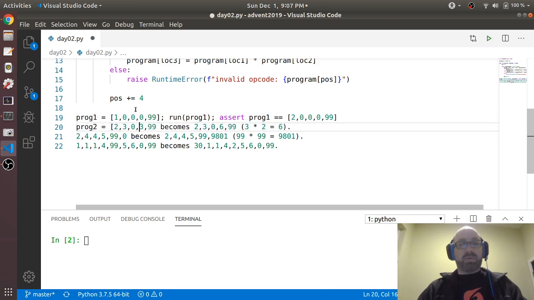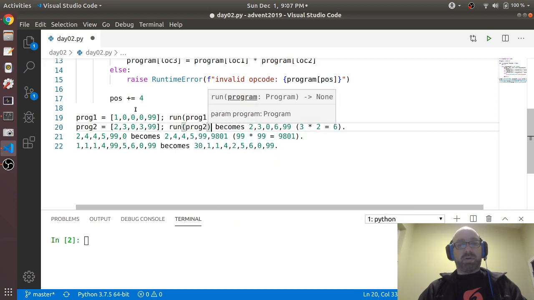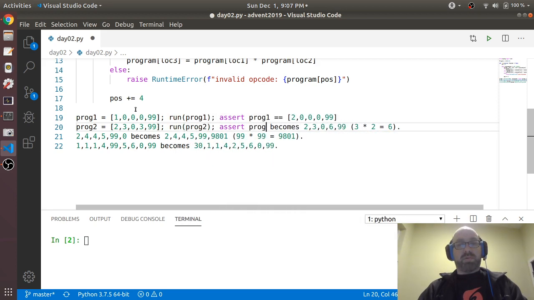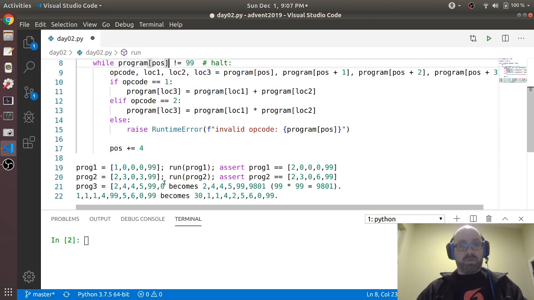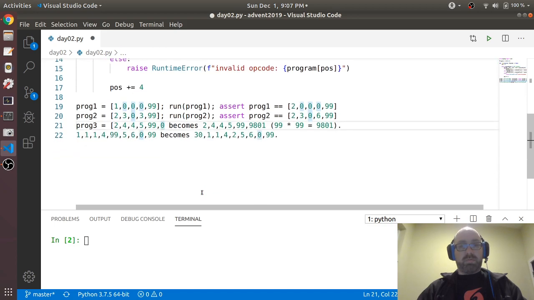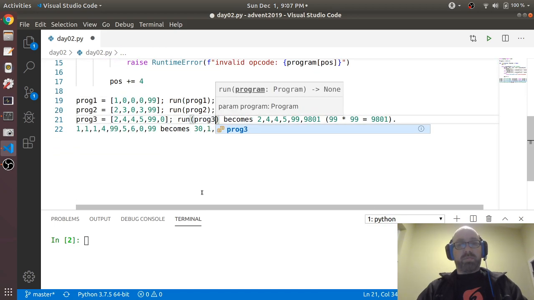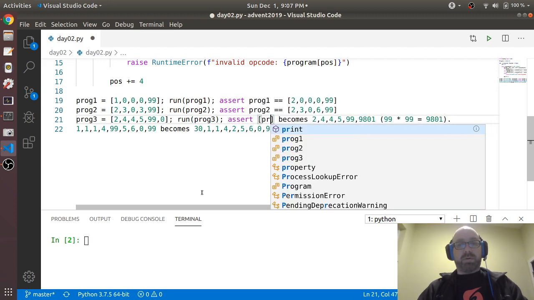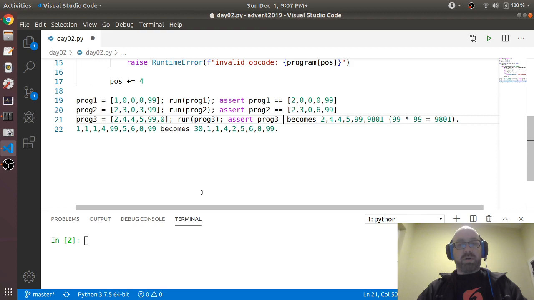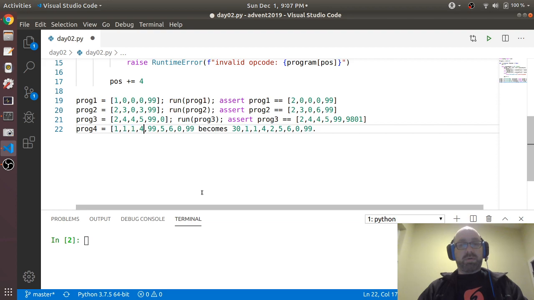Prog2 equals this, run prog2, assert prog2 equals this. Prog3 is this guy, run prog3, assert prog3 equals that, and then prog4 equals this guy,